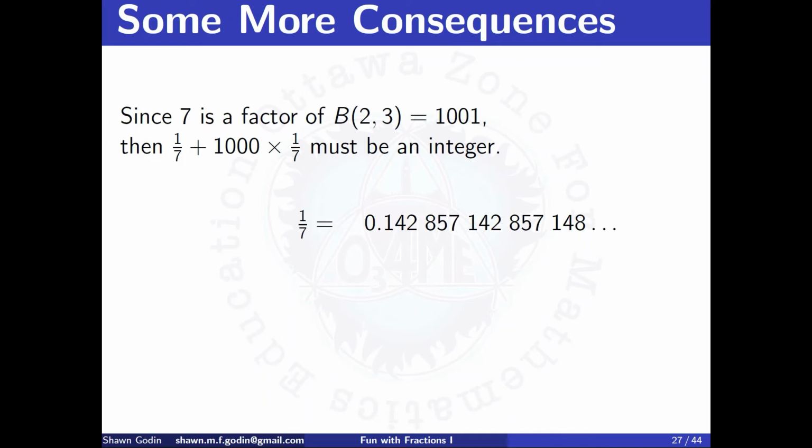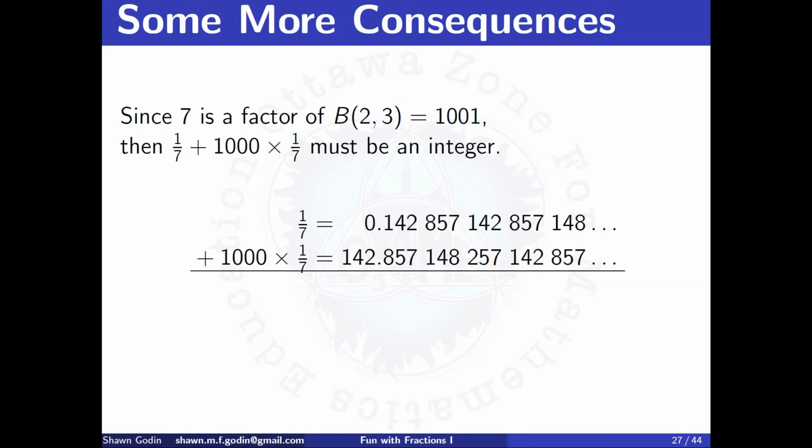Well, if I look at 1/7 as a decimal, it looks like that. If I look at 1000/7 as a decimal, I just move everything over 3 spaces, similar to what we did when we looked at changing the repeating decimals into fractions. But in this case, the repeating parts don't match up. And not only that, we're not subtracting, we're adding. And when we add those, we get